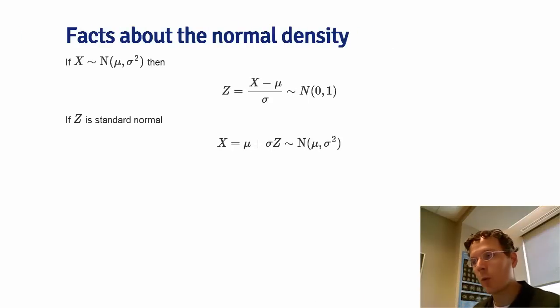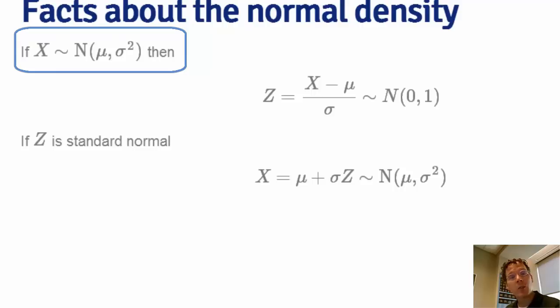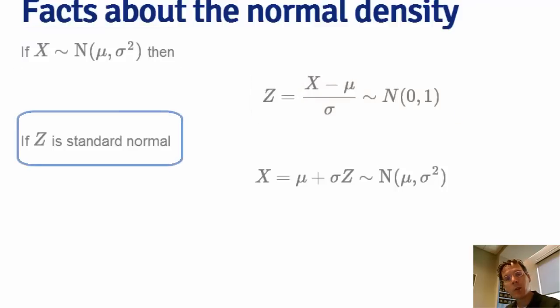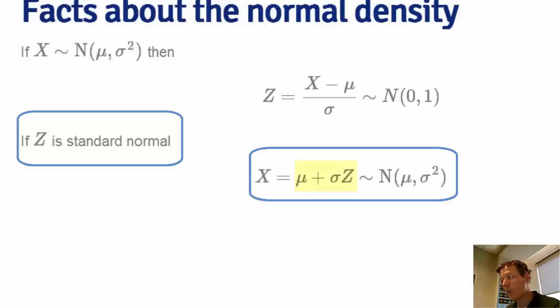Let's go over some simple rules for moving between standard and non-standard normals. So if x is normal with mean mu and variance sigma squared, then if we convert the units of x to standard deviations from the mean, in other words, subtract off the mean mu and divide by the standard deviation sigma, the resulting random variable z is a standard normal. Conversely, if we have a standard normal and we convert back to the units of the original data, in other words, we multiply times sigma and add the mean, the resulting random variable x is non-standard normal with mean mu